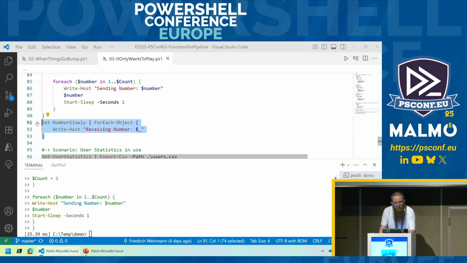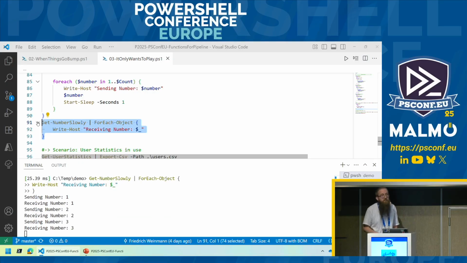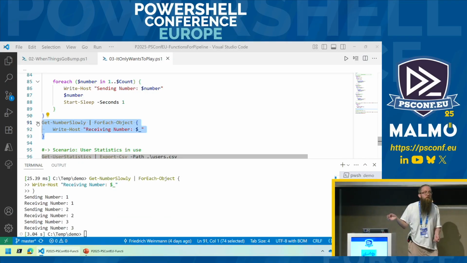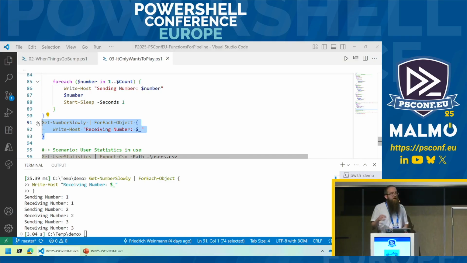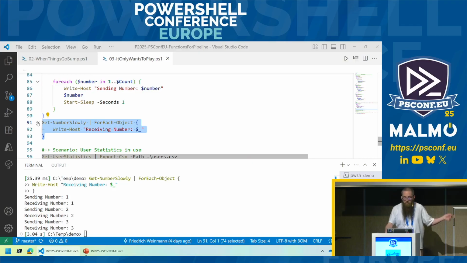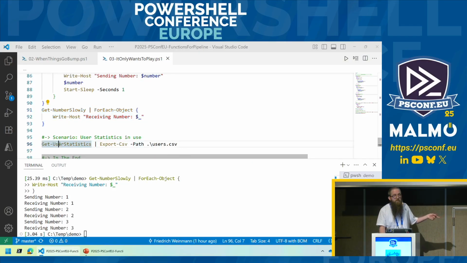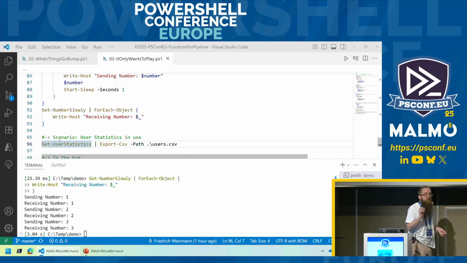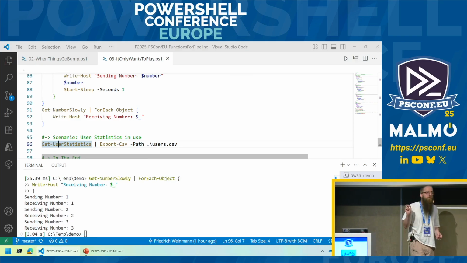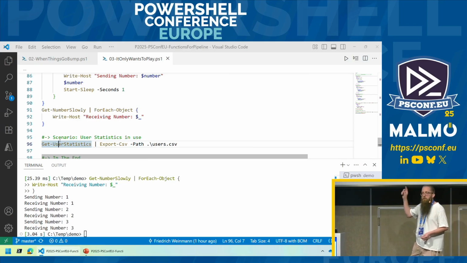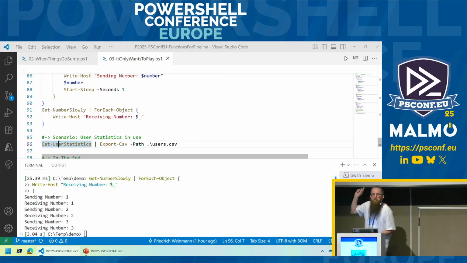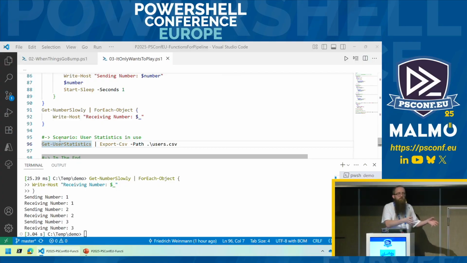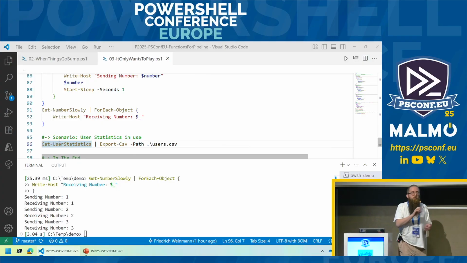So, and then I'm piping this to ForEach-Object. And as you can see, the code for each object is executing right away, and only then do we start sleeping. The pipeline can continue processing, and only then we continue. Which means if we store up the results in a $result and then return them, this line is first going to store up every single summary data for every single user in memory. And only after we're done storing all of the 120,000 user objects in memory, do we write it to a